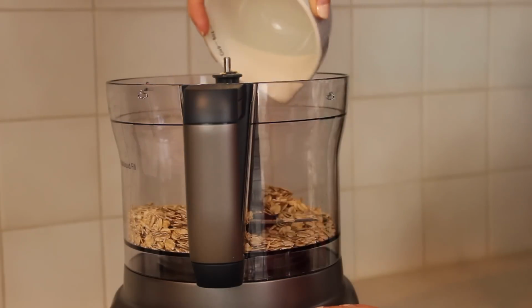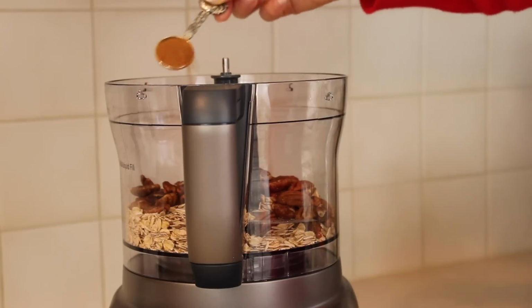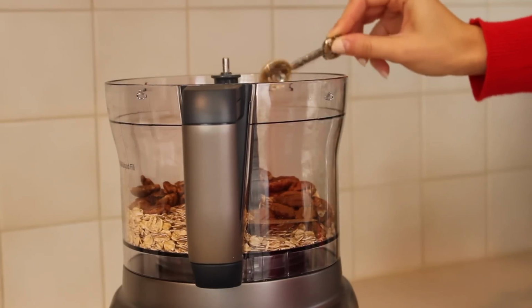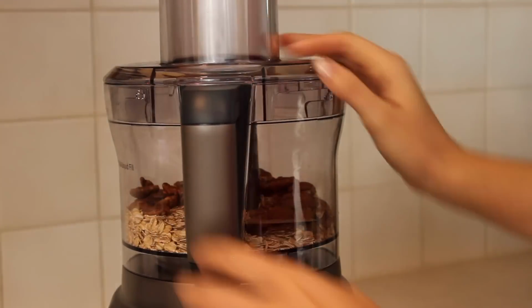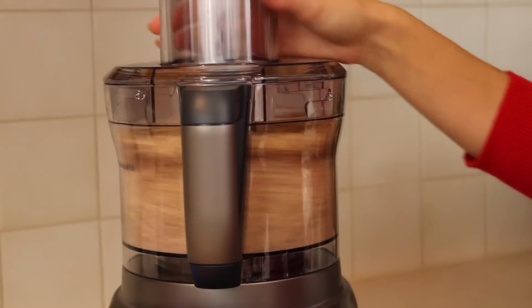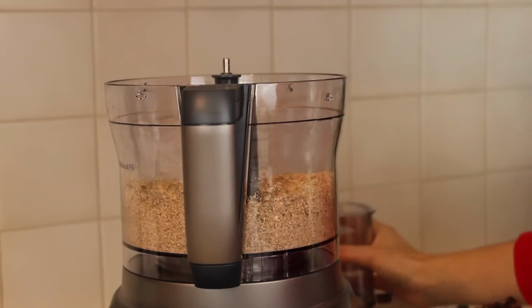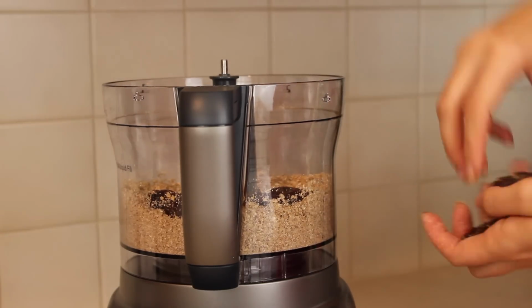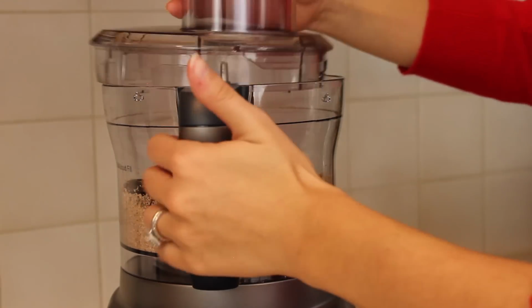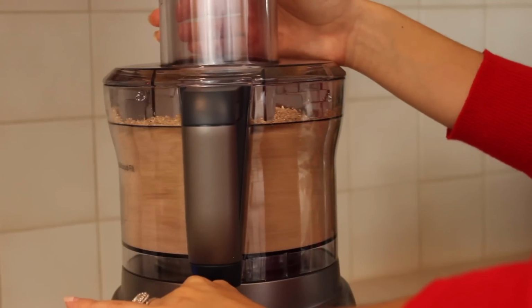Moving on, it's time to make the crust. I'm going to be throwing some old-fashioned rolled oats, some pecans, and cinnamon into a food processor, and I am just going to process that up until it becomes kind of like a coarse flour. And then after that, I'm just going to be popping in some medjool dates. Make sure to take the pit out, which is like the seed on the inside, first before you throw them in, and then I'm just going to continue to keep processing that so it just gets a little bit more